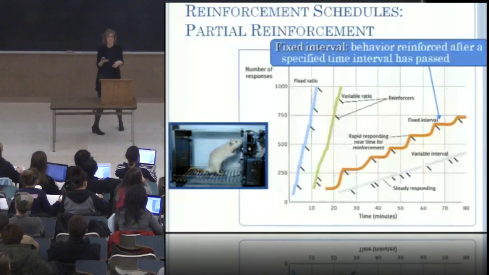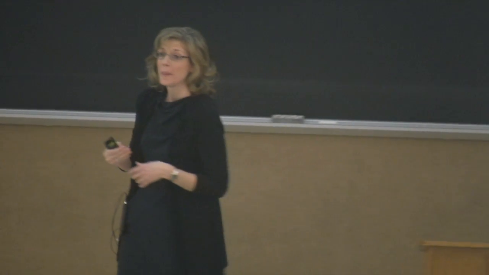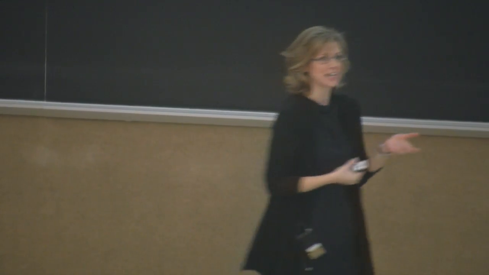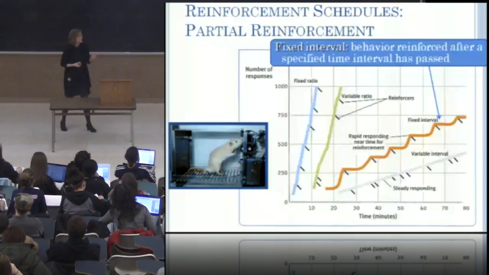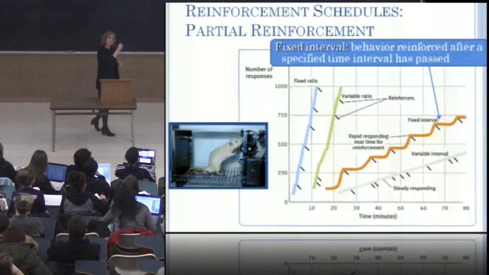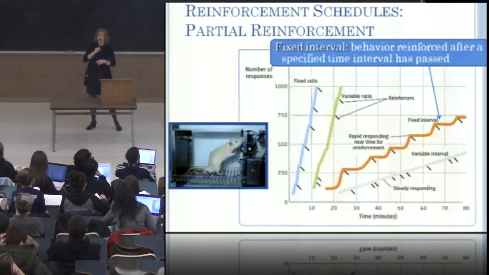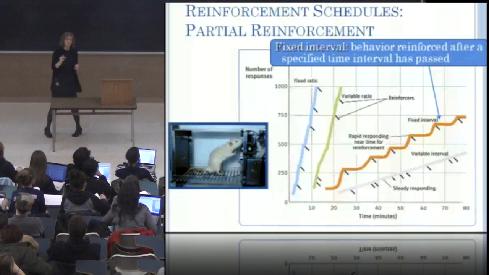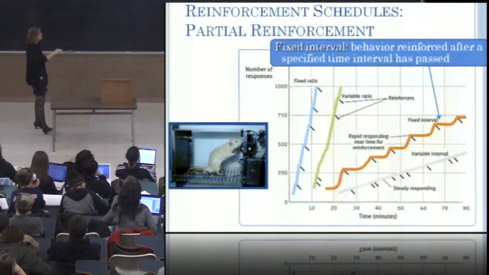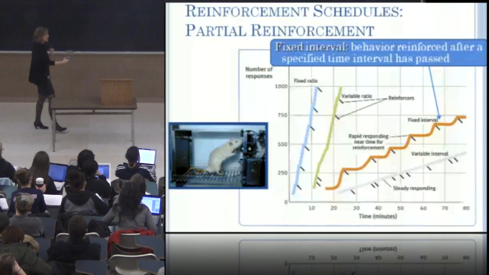Think about those of you who use eBay. When the bid is getting closer and closer, you're going to be checking on it more. It's really the last 30 seconds, right? It's the last 30 seconds of an eBay auction where you're really on there all the time, and that's when the action happens. And you can see that happening in this line. The closer you get to the black bar, there's a little spike in activity. Your responses are going to go up. Then once that reinforcement occurs, it plateaus out. There's a little plateau because you know nothing's going to happen for another X amount of time.